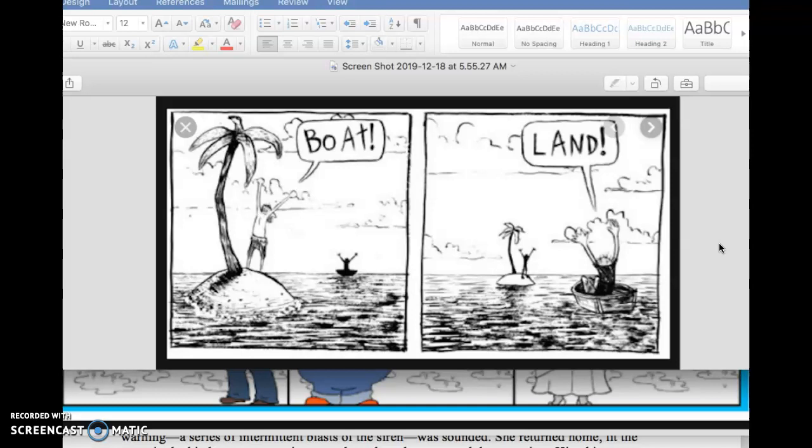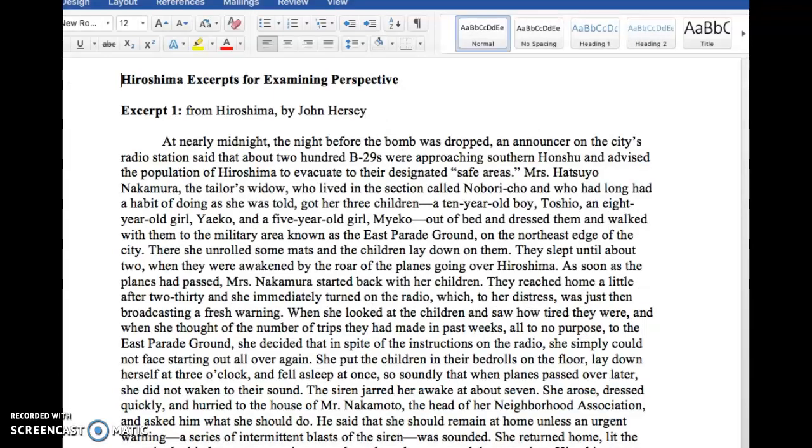The texts we're going to look at today are about Hiroshima, the bombing of Hiroshima, to be specific. The first one is an excerpt from a personal experience, and then the second one is an excerpt that's a little bit more of a scientific perspective. The reason to examine the different perspectives is to figure out, when we're getting ready to write our speeches, our persuasive pieces, what's going to be the best perspective to take? Or do we need to examine many perspectives to get our readers' attention, to get our point across?